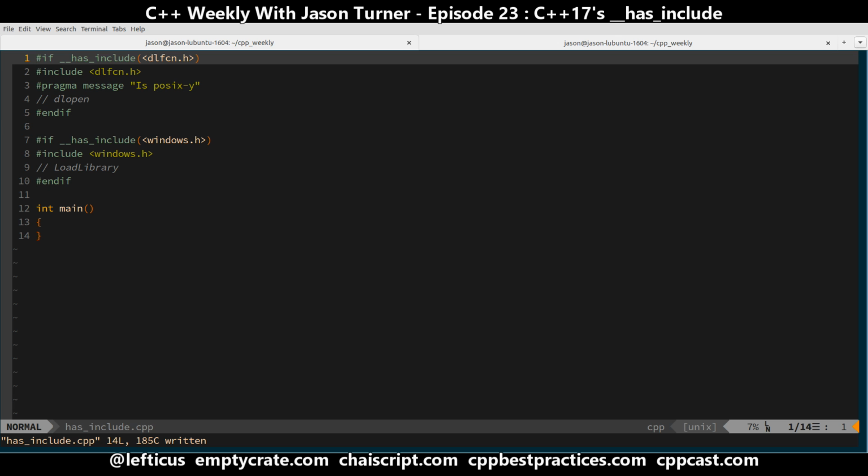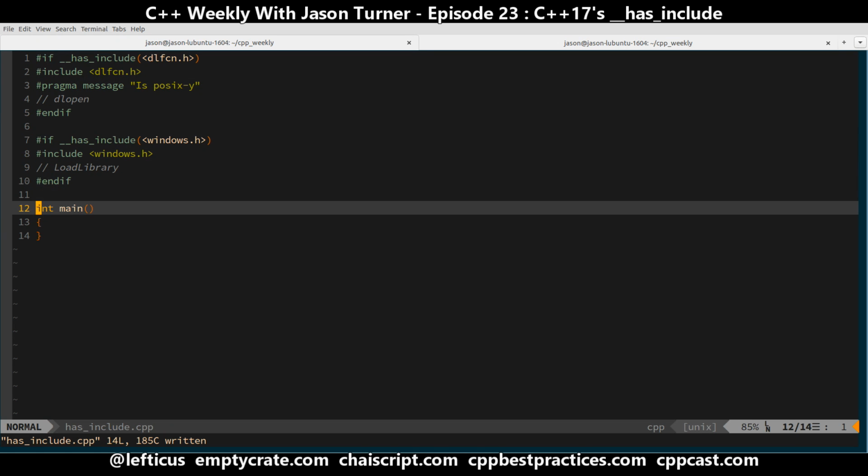Now I hope in my own code to be able to use this to clean up a lot of magic around pound defines and in cross-platform code and detecting operating systems specifically. But you could also use it for things like